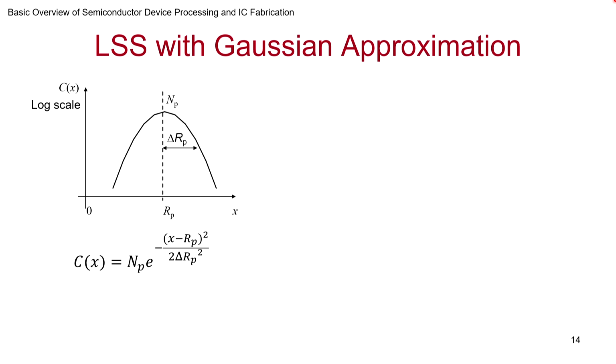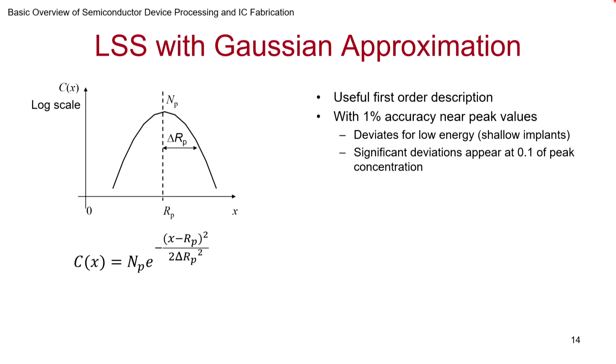Now, as per the LSS, we get a Gaussian distribution, and we have already discussed the concentration will end up becoming this. This is the classic Gaussian equation. It is useful to the first order, and it is a good way to start off. If I want to know what it is likely to be, instead of using a lot of resources and very sophisticated software tools, just to do a back of the envelope calculation, or simple simulation tools, you can use this LSS model and you can get this.